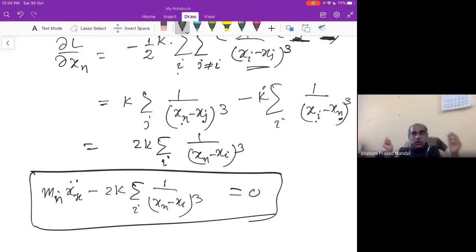Where was the difficulty level? The last question, the difficulty level was how to handle the index. The middle portion has no difficulty. Properties of Lagrangian: 2 Lagrangians will be equivalent if they differ by a total derivative term. So you just subtract and check whether it is a total derivative or not. Third problem, where I just add a rotation such that the rotational kinetic energy has to be considered.